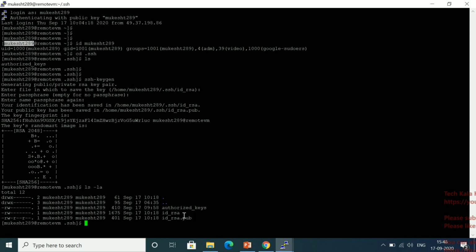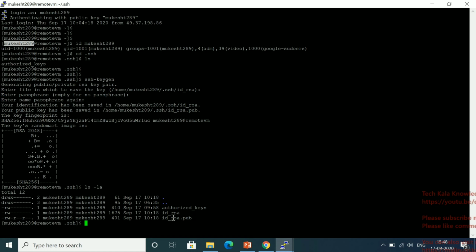One is id_rsa, and one is id_rsa.pub. The .pub means this is a public key, and id_rsa is the private key. The private key we are not sharing or giving to anyone.